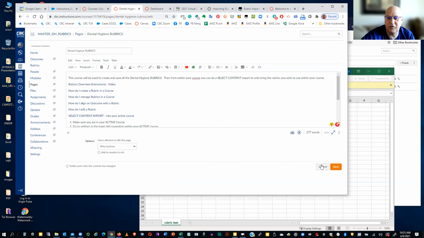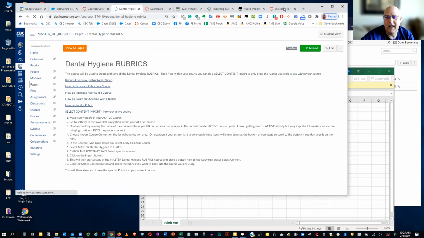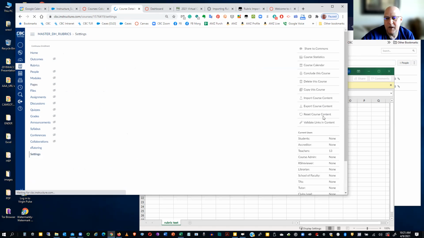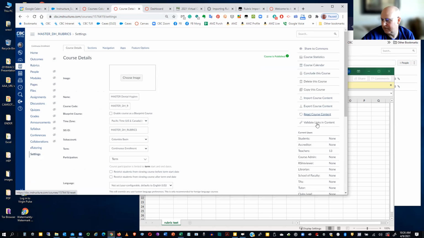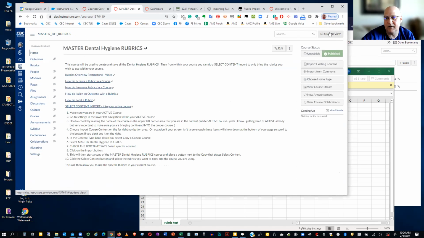Oh, and the one other crazy thing a lot of people ask: Canvas changed it to where they removed the student view that was here, and it's right up here now with the eyeglasses. But for some reason, about a month ago, they removed the student view out of here on the right-hand side. I had one teacher that always came here to look for the student view, and they were confused that it was gone this quarter. So this is the only spot where it's at now, up there at the home at the top part. So hopefully that's helpful.